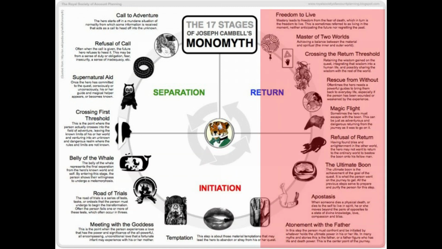The atonement with the Father. There's the change that happens. We have difficulty coming back. This is basically the monomyth, and that is what we're looking at. However, in the Enuma Elish, it's going to be a precursor. It isn't exactly like this. You can see that it has all the elements in there, but it wasn't completely structured in this way. It is older, but when we get to the Bible, it's very much this way. We will see it pretty much like this. There are variations to this monomyth we will go through.